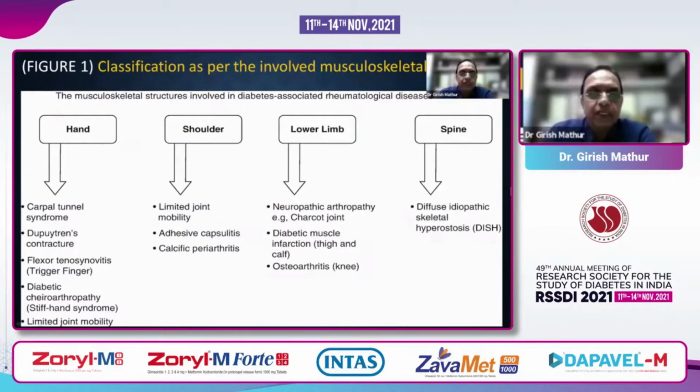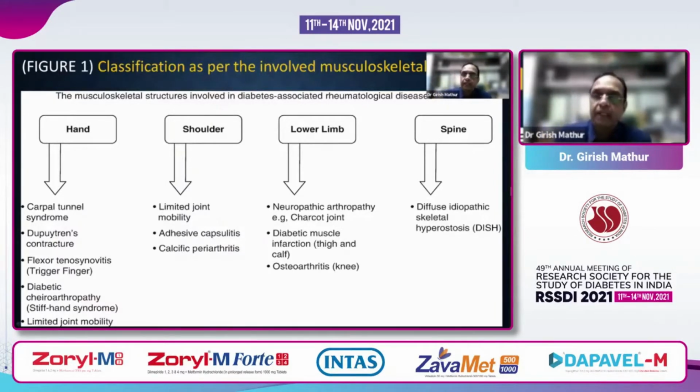In the shoulder, it is limited joint mobility, adhesive capsulitis or frozen shoulder, and calcific periarthritis. In the lower limb, Charcot joint is the common rheumatic manifestation, followed by diabetic muscle infarction in the thigh and calf and